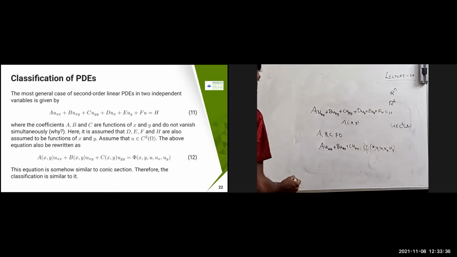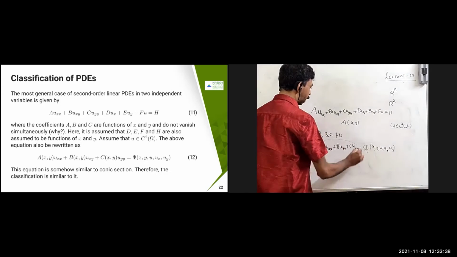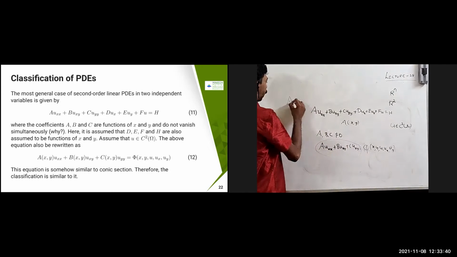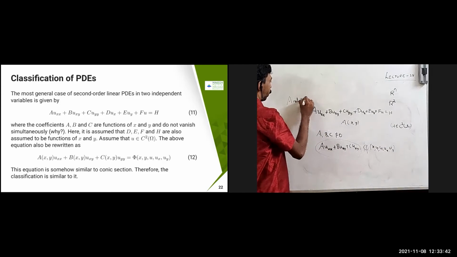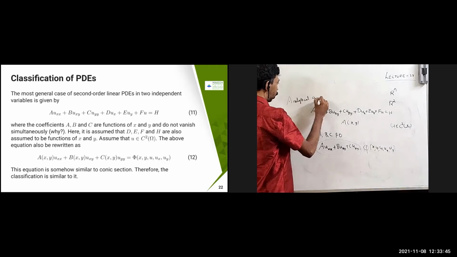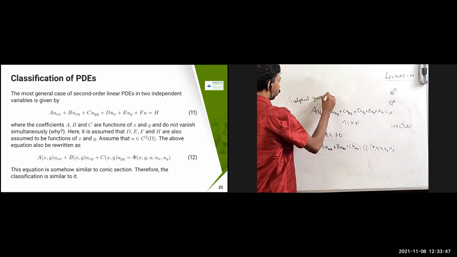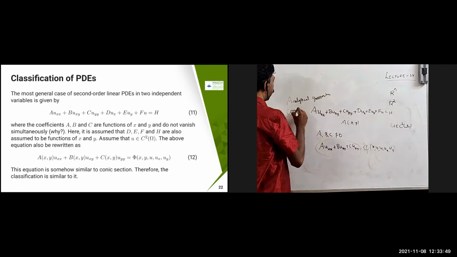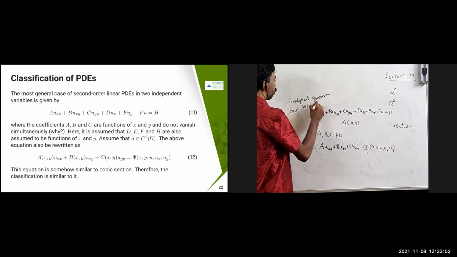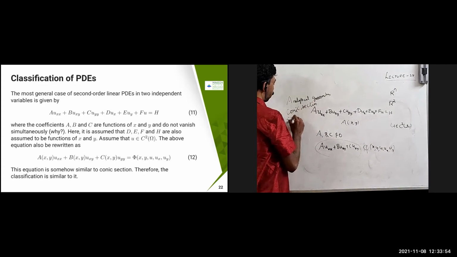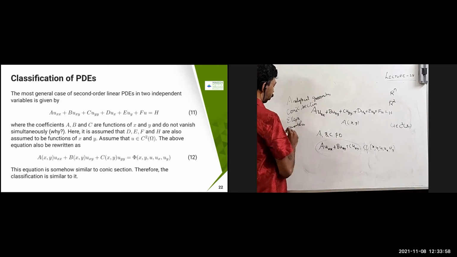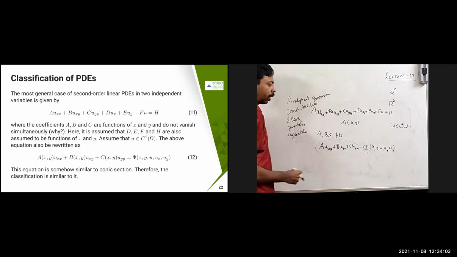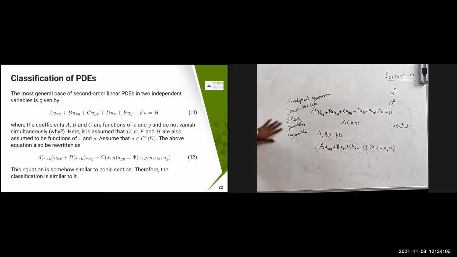If you look at this problem, in the school days you might have studied analytical geometry. In analytical geometry, you might have studied something called conic sections, from which you might have studied ellipse, parabola, hyperbola, and also eccentricity, etc. So these three topics you might have studied in the school days under conic sections.